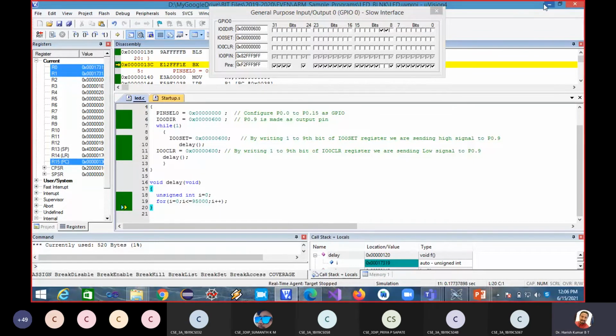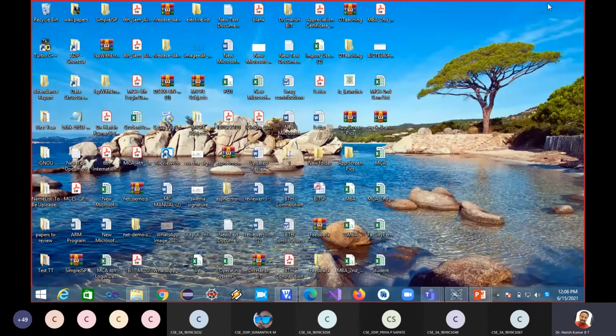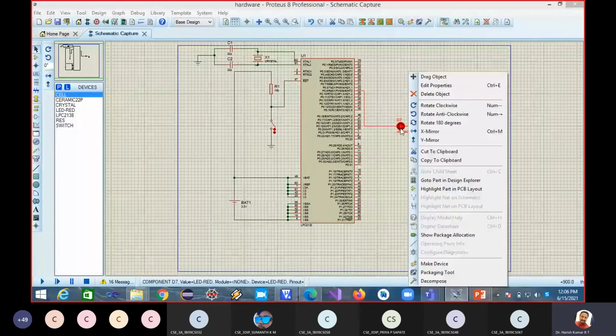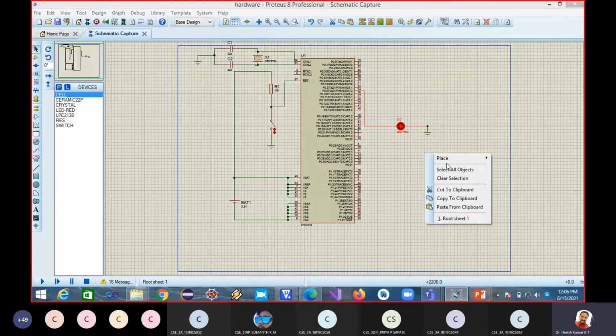So let me minimize this. Come here. X file is already generated. I got to do the connection, right? Let me copy to clipboard.